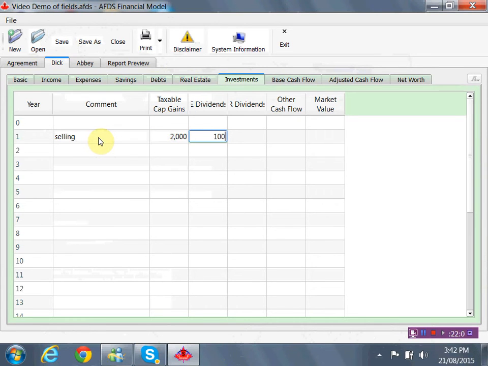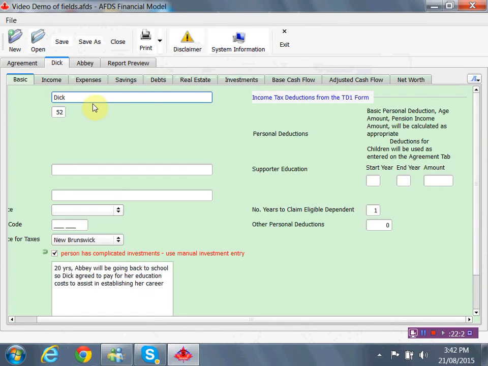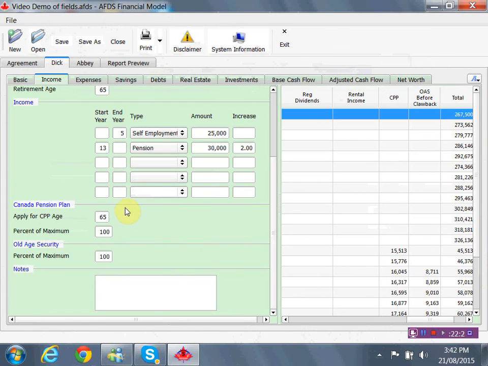He's got $1,000 worth of eligible dividends, no regular, and the cash flow in this particular situation is going to be $2,000. So it's possible to do this and go through everything if you didn't think that this fit you the other way. So then if we go back to there,